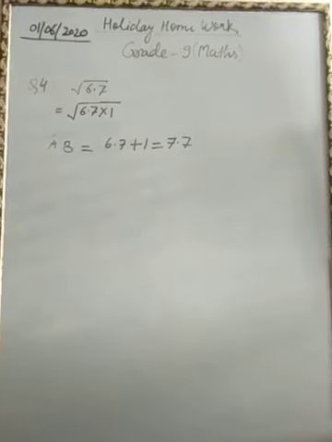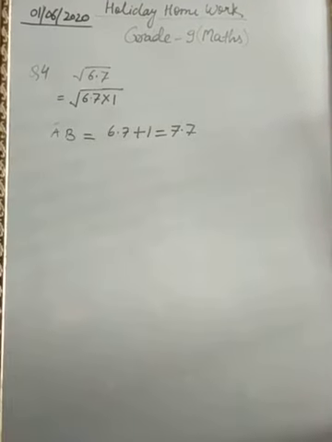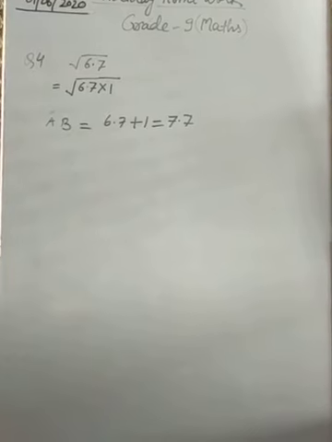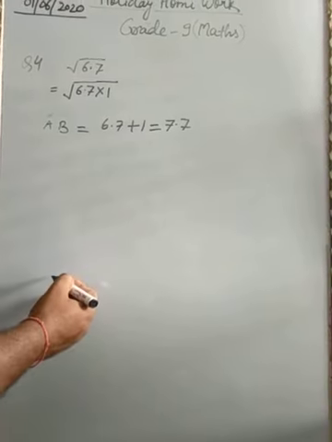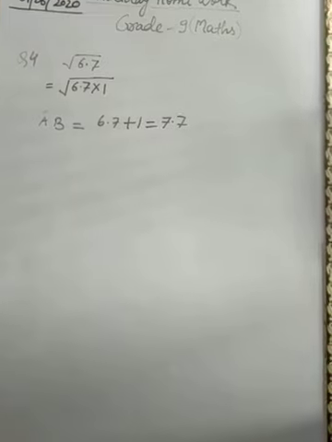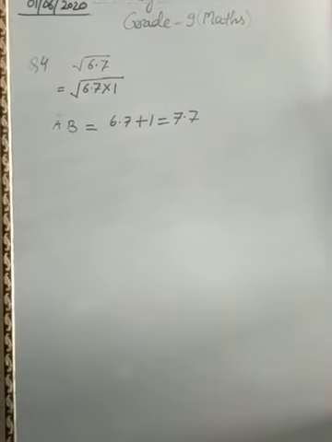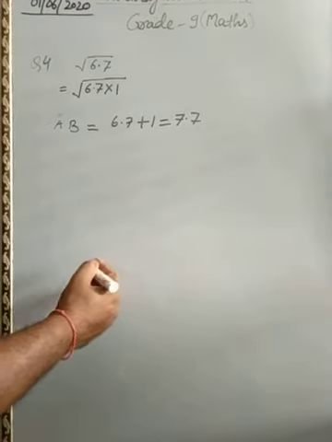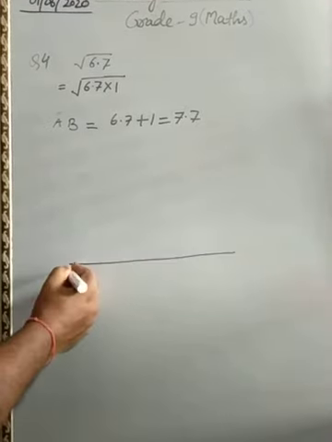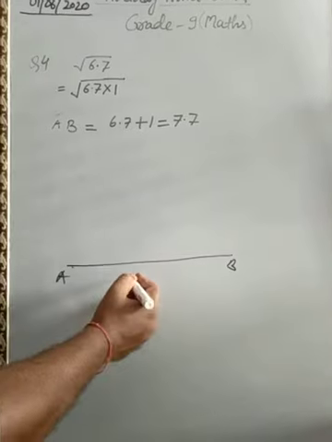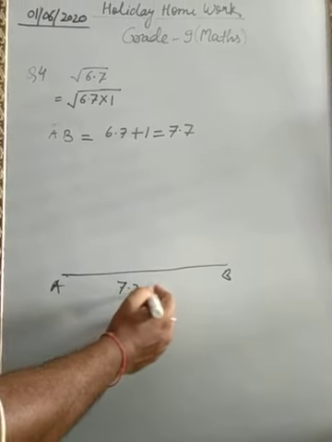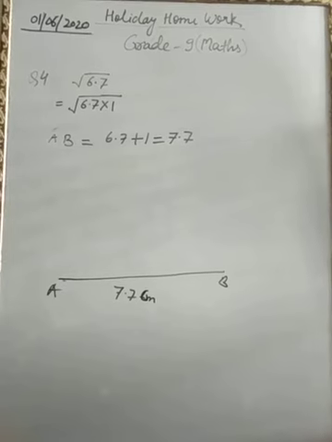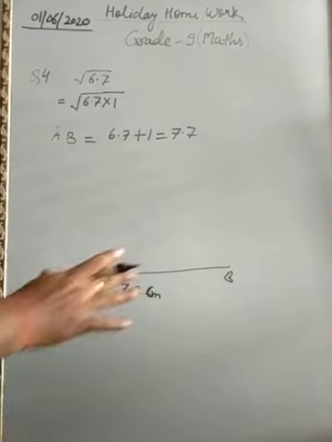Then find out the sum of these two factors, 6.7 plus 1, that is 7.7. Now first of all you have to draw a line AB equals 7.7 centimeters, and taking more than half of